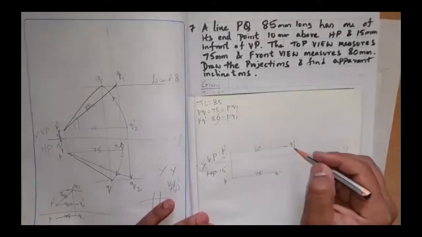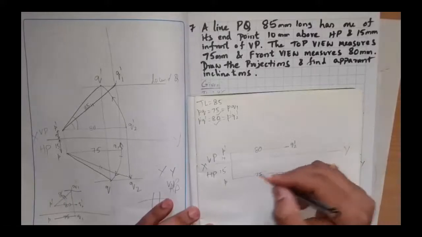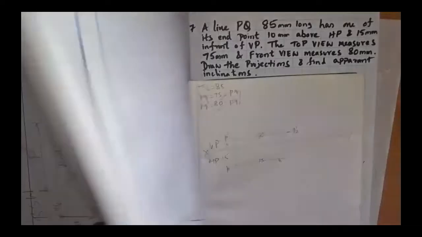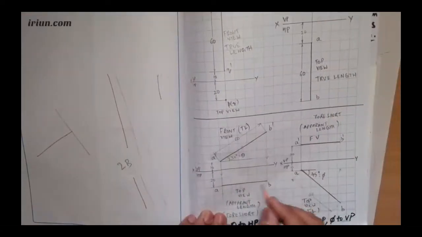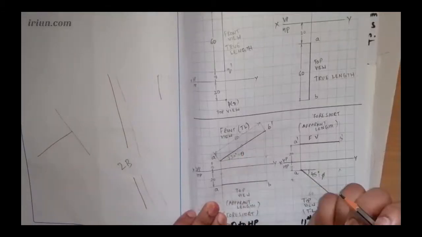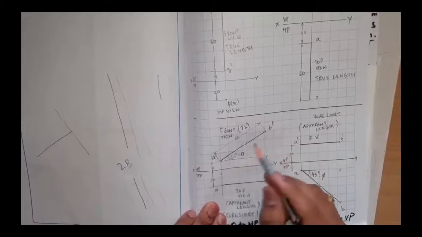So I have drawn the front view and top view like this, and as the reverse condition, you know, see AB, when this is the top view, if I project it upwards, I get the true length. When I know the top view, if I am projecting it upwards, I get the true length.